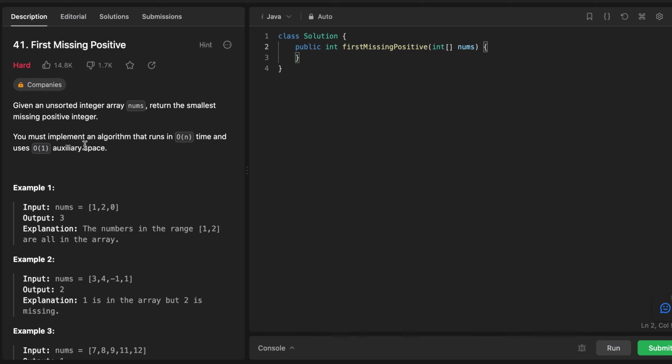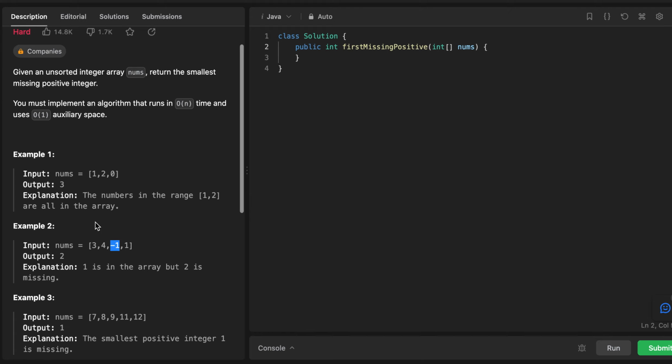In this problem, we are trying to find the first missing positive in the given nums array. This is an unsorted integer array, and everything is starting from the range 1 to n, though it's not strictly 1 to n. It could be negative numbers, as we can see here, but the numbers that are missing have to be consecutive. So if we take a look at this example right here,